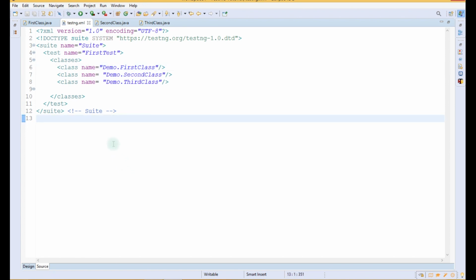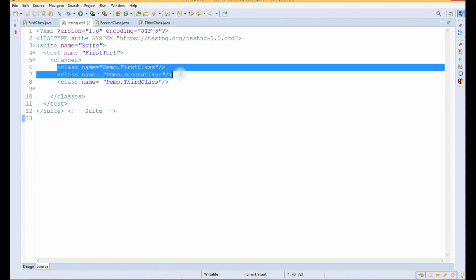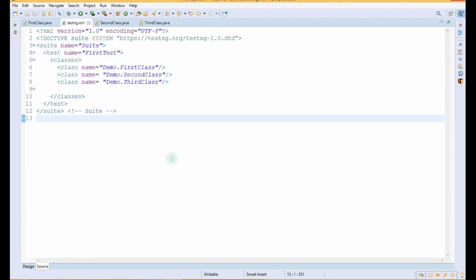So for that, using this regression suite, we have to identify those test cases by which we can tell whether the build is stable or not. We have to identify the test cases which can be executed for smoke testing. For that there is a concept in TestNG, that is groups. Using groups we can group the test cases in particular groups and we can execute only the test cases that are present in any particular group.